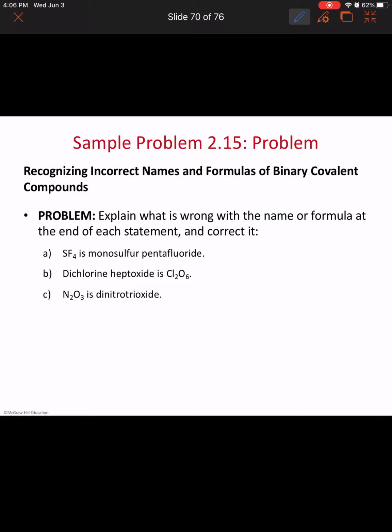And then the second one, dichlorine heptoxide. Dichlorine is correct. Hepta is 7. So dichlorine heptoxide would be Cl2O7. What's written here is dichlorine hexaoxide or hexoxide. Okay. And then the next one,